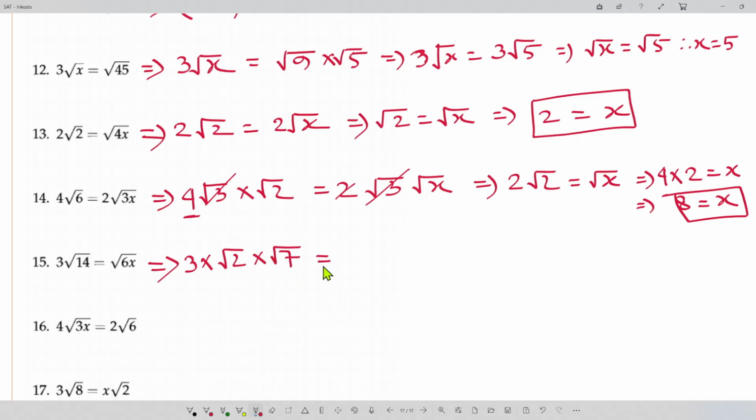Why are we writing this? Because on the right side here is root 6x. It means root 2 times root 3 times root x. Now look, here root 2 and root 2 cancel. So what are we getting? Here is 3 root 7 equals,